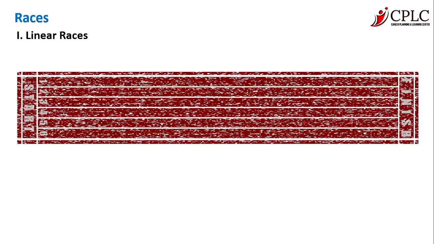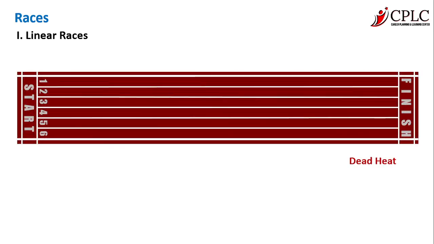And lastly, there is something called dead heat. Now, probably this is something that you guys have not explored yet before. So, dead heat simply means that it's a tie. Both are winners. Both will finish the race together, and both are winners. It's a tie basically. That is the interpretation of dead heat. So these are a few things that you need to know as concepts when it comes to linear races.